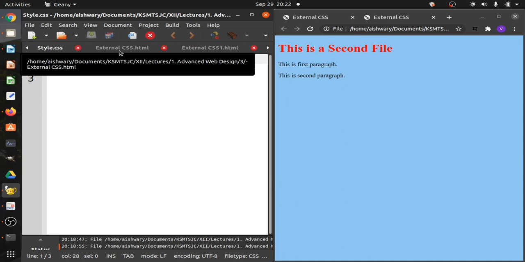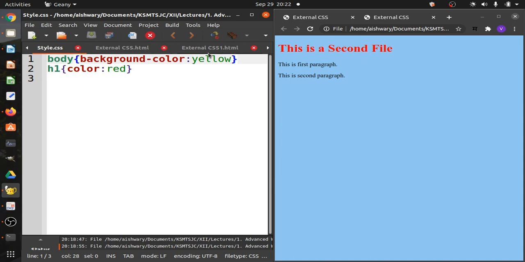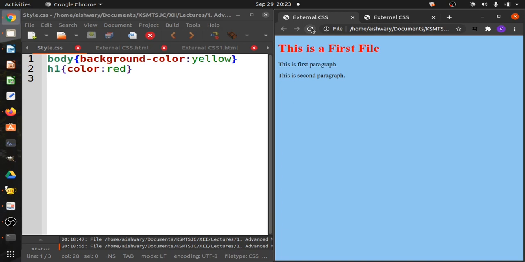I have not changed the HTML files. There are two HTML files, so let me go and see what happens to both files. Let me refresh. The first HTML has got a change in the background. The background has changed to white, sorry, yellow. And for the second, if I refresh, that also changes.